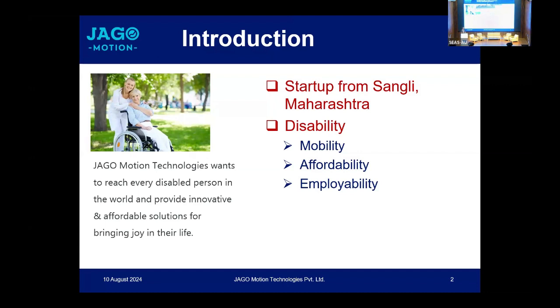The startup is in a small town in Maharashtra, Sangli. We did it with the aim that we can create employment outside the metropolitan cities. It's a challenge. I will bring all the challenges that I face as a startup and as a technology. Our aim is to provide solutions for disabled people in the form of mobility solutions. Those solutions should be affordable to disabled people, and our aim is to create employment for disabled people by means